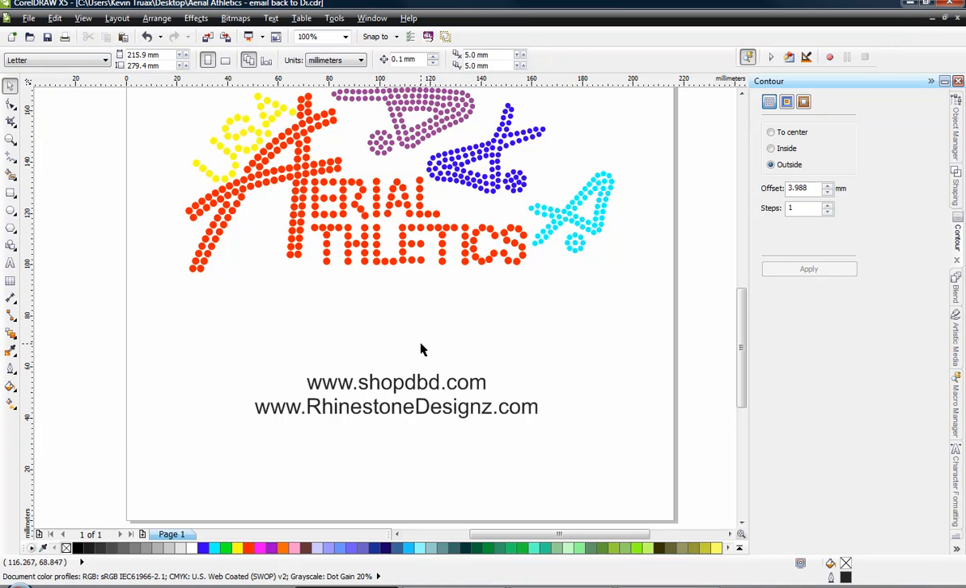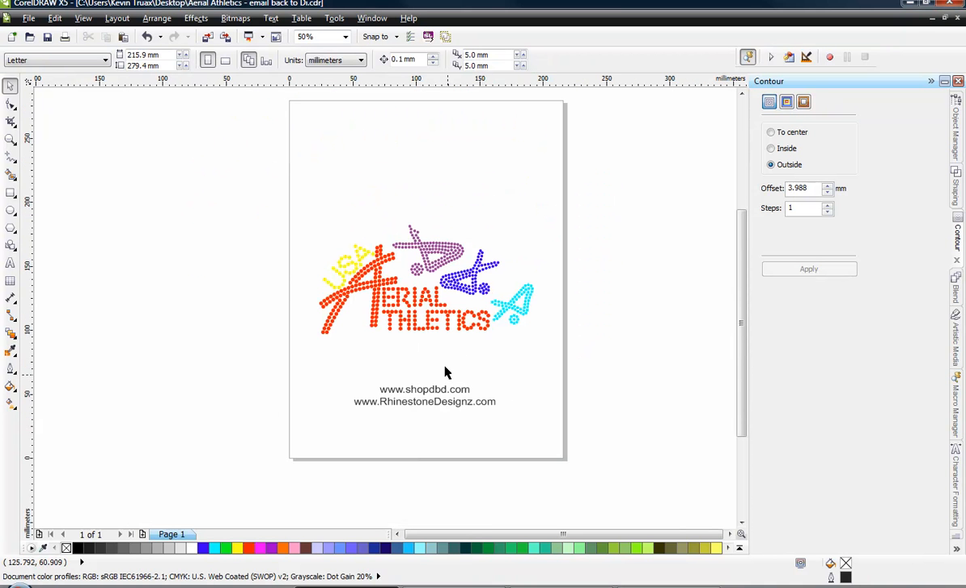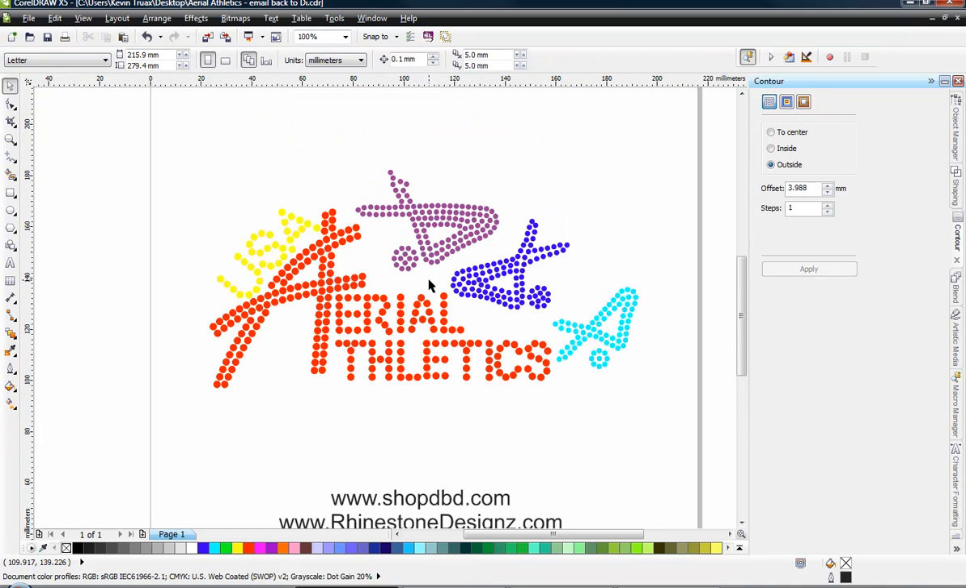This particular design that we're looking at is from shopdbd.com, and what we're going to do here is take this design and add a contour cut line for the rhinestone decal material. Now, the process that we're going to do is pretty much very similar in lots of rhinestone software. So you can watch how we do it here in CorelDRAW, and you can probably find a similar technique